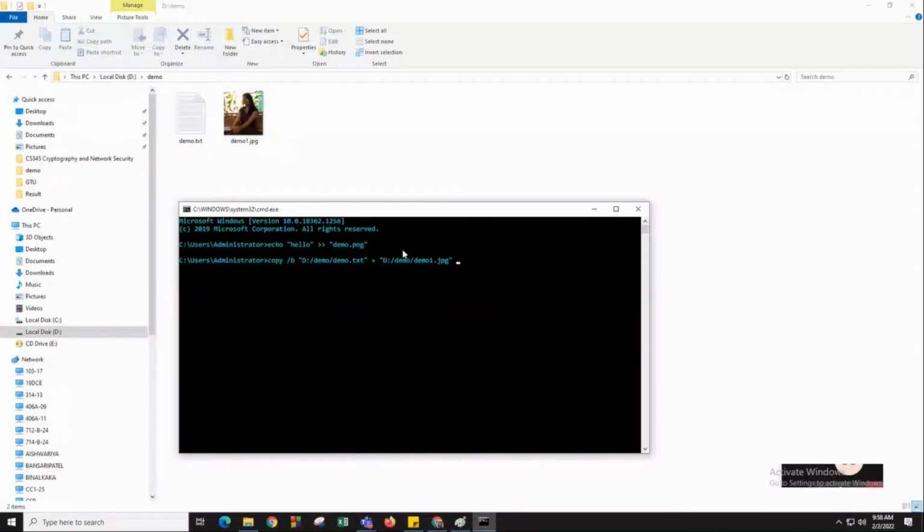So over here you need to give the path for the destination. In D drive, demo folder, I want the demo2.jpg file. So we'll enter.